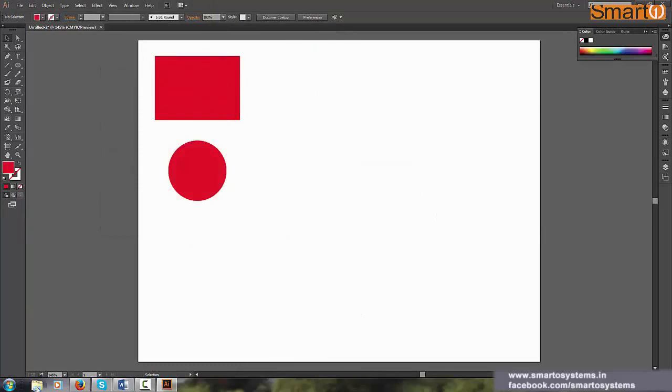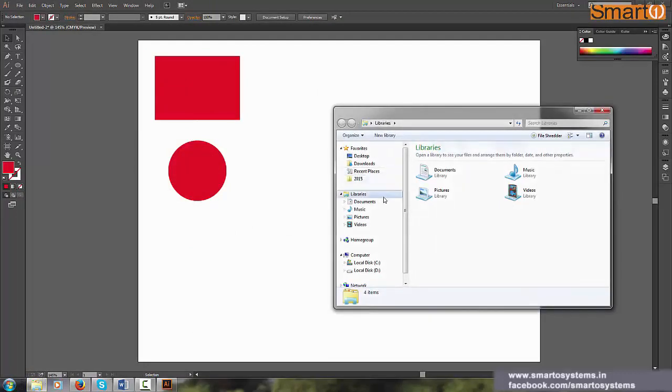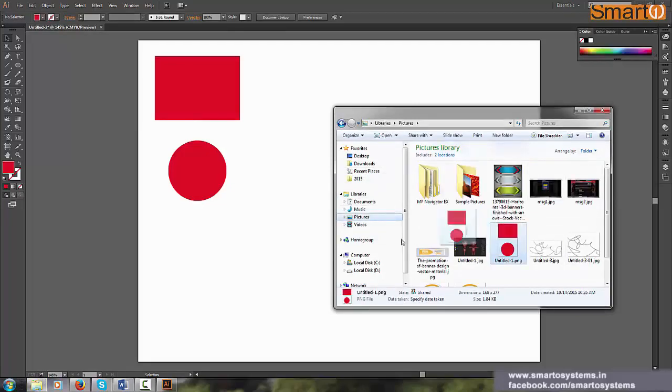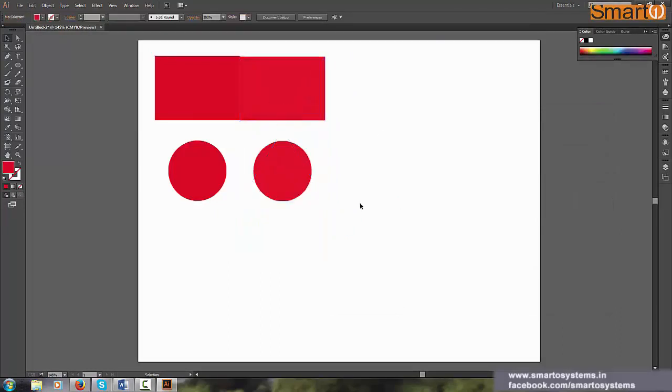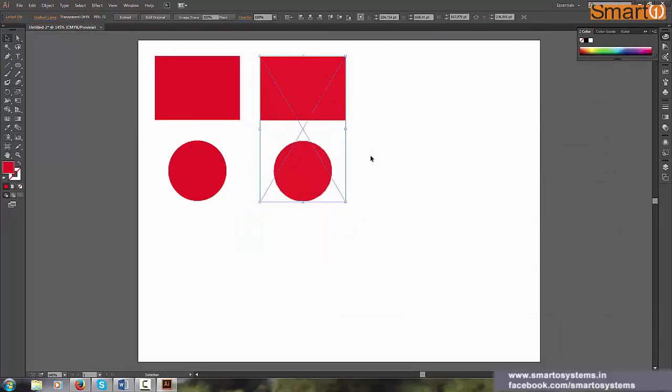Like I said, I'm repeating myself again and again, but we'll cover it in future videos. Let's import that file back over here, and now we can compare raster and vector graphics. On the left we have the vector graphic, on the right we have the raster graphic.